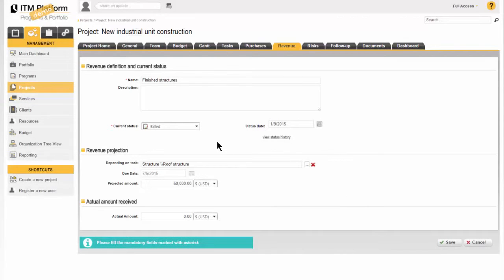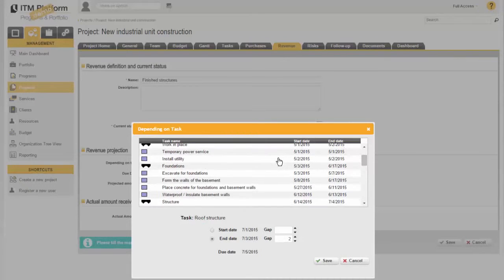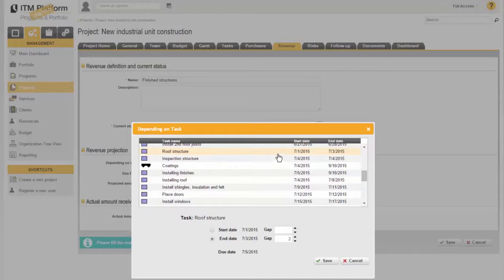We will now create the revenue forecast in terms of timing and amounts. For timing, you can specify a particular date or link the revenue to a milestone or a task. In this case, we choose the end of the task roof type structure and add a lag of 2 additional